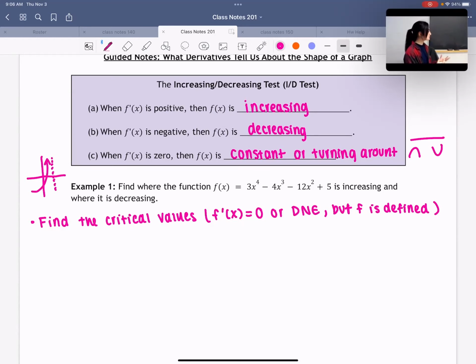If my function doesn't exist at this point, it could change from increasing to decreasing at that vertical asymptote. So we're not just finding the critical values, we're also looking for places where the original function